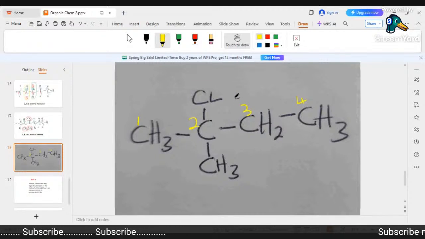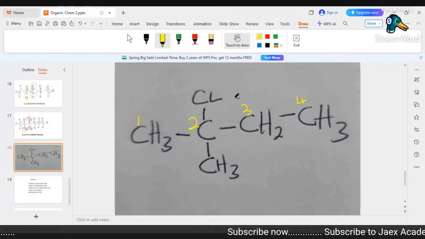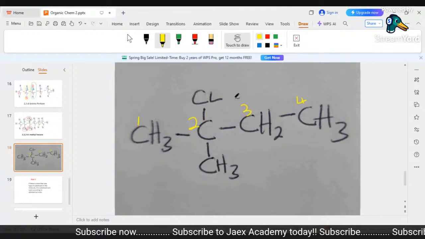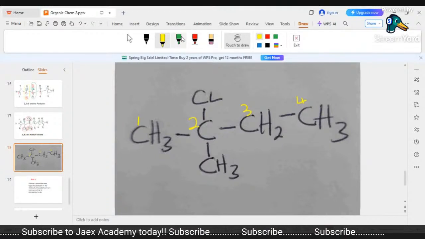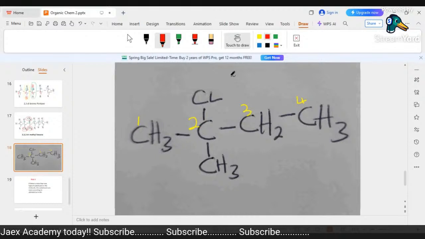So 4 is but. What is the functional group? It is joined by a single bond, so the functional group is alkane. So but plus alkane is butane. So let's keep that one. The next thing is to identify